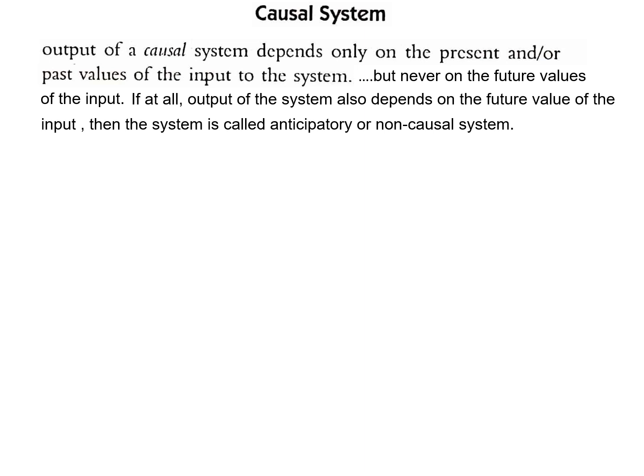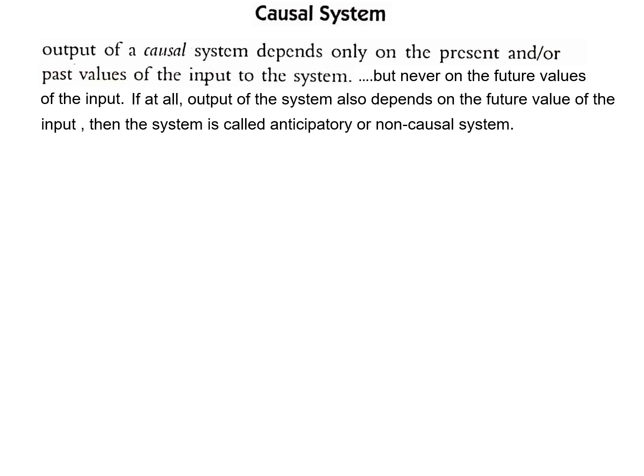It is a special situation, as I told you in much earlier classes, that any system that requires future input to find the present output is a strange kind of system, and those systems are anti-causal. Most of the systems we handle, and real-time systems especially, are all causal systems because they never require future values. To find the present output, they require either the present value only or the present and the past values, but never the future values. If any system requires a future value of input to find the present output, then that can only be a non-real-time system, and that non-real-time system will normally be non-causal or anticipatory.